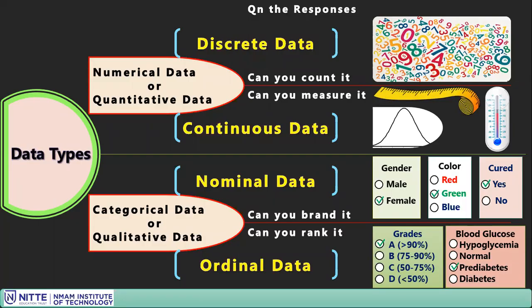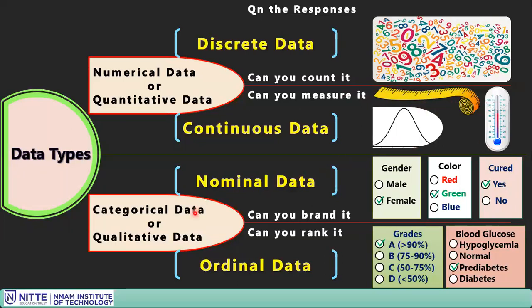Now let's first look at what the different data types are. Data types could be numerical data or categorical data, which we call either quantitative data or qualitative data. Mainly two types. The numerical data could be either discrete or continuous. Continuous means they have continuity in their information, and discrete means a fixed number like 0, 1, 2, 3, where you are going to count it. Whereas continuous data, usually you are going to measure it, like with a measuring tape or a temperature.